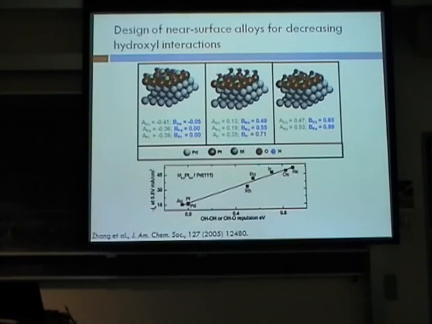Okay, another thing that people have done is try to look at more thermodynamically stable systems that you can design to do what you want. I won't go into the details of this slide because I want to finish up with enough time to address any questions. But one thing that people have done is try to select a second metal